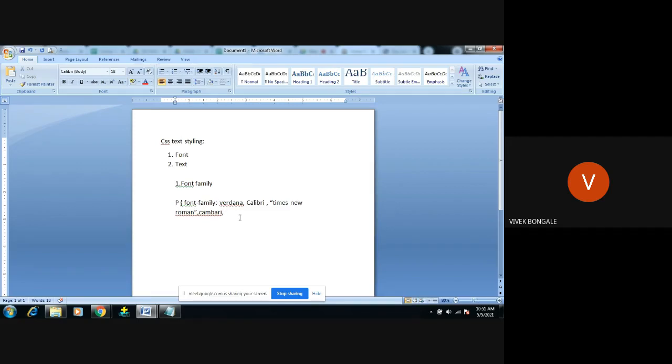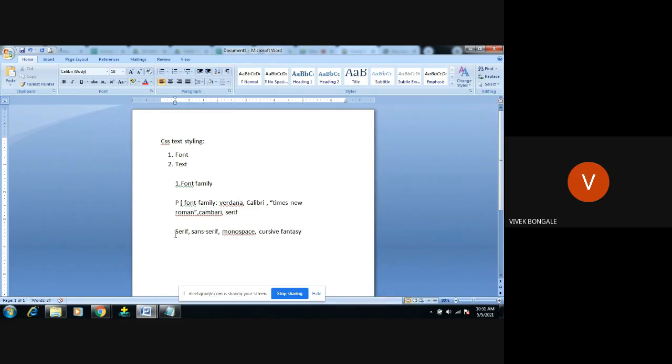Every browser will support 5 font styles. Which are those? Serif, then sans-serif, then monospace, then cursive, then fantasy.